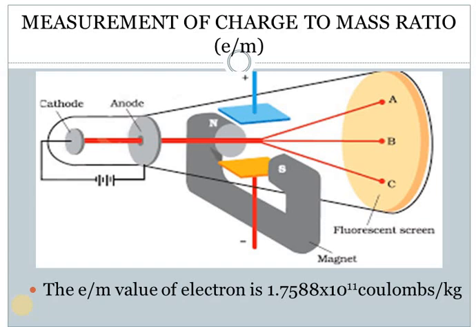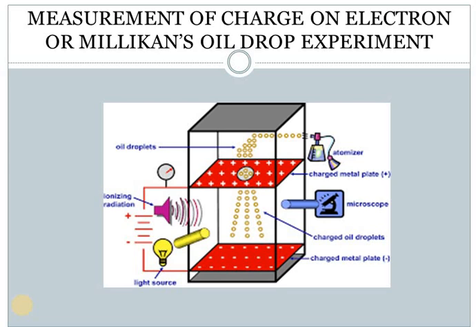I hope that all of it is clear up till here. Next is the measurement of charge on an electron. How do we measure the charge? They can even ask you, and it is really very important, to explain Millikan's oil drop method or oil drop experiment. Now what we have over there is an apparatus or a chamber which has two portions,